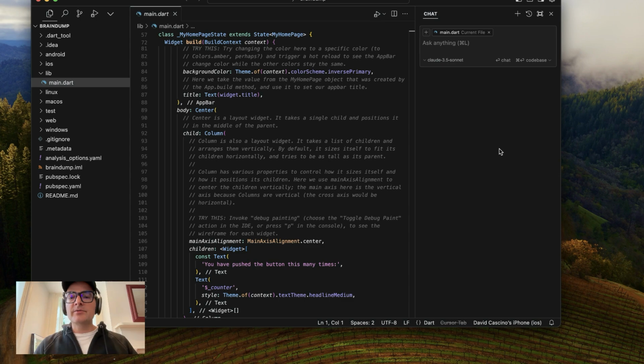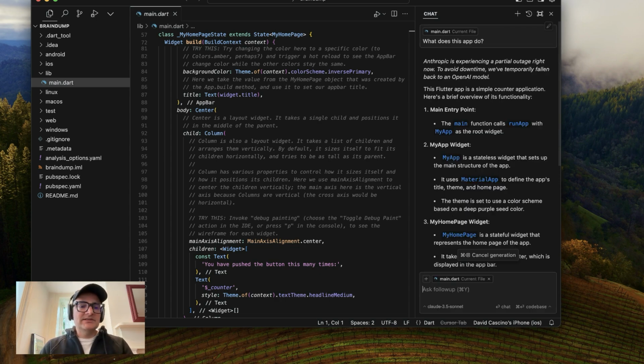It's sort of the chat window, and you tell it which files you want it to look at. So I'm in main.dart, which is the application's entry point. And I could just say, what does this app do? Let's say you get dropped into a new project, you've been programming for a long time, and you have to start working on someone else's code. This is a great way just to familiarize yourself with whatever that code's already doing.